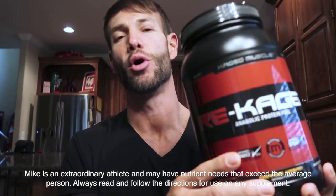I'm going to share my favorite Kaged Muscle stack while prepping for contests. These items I feel are most important when I'm cutting body fat. Number one, that post-workout Recage. Now I have 1 scoop of this immediately after every workout. Not only does it have fast digesting whey, but also other ingredients to help you recover like glutamine and creatine